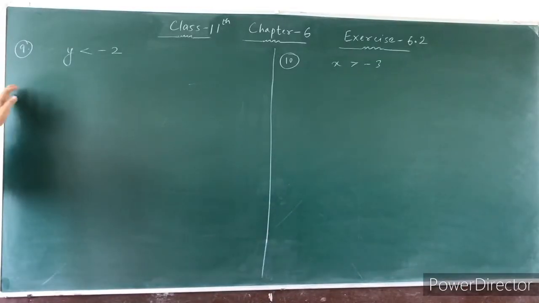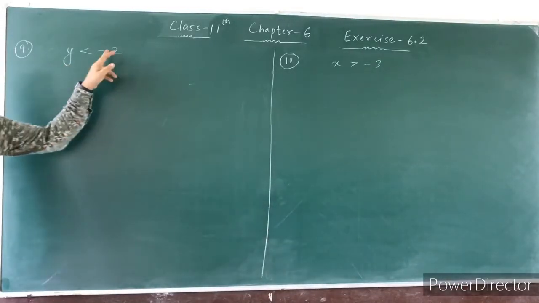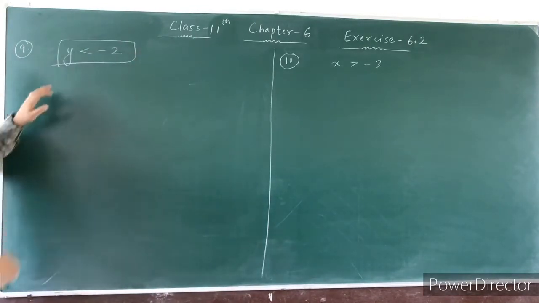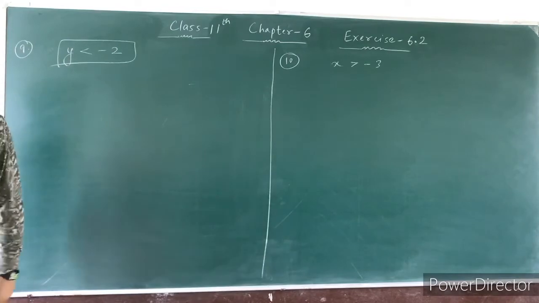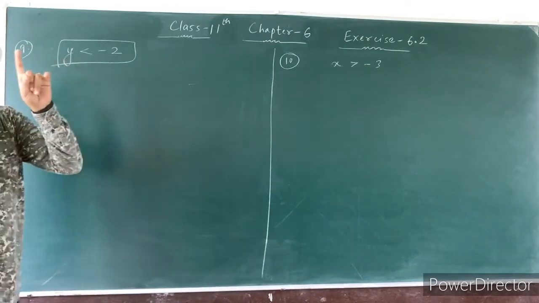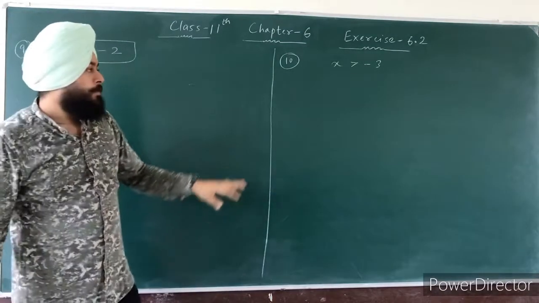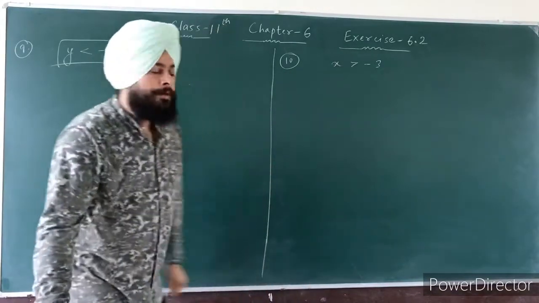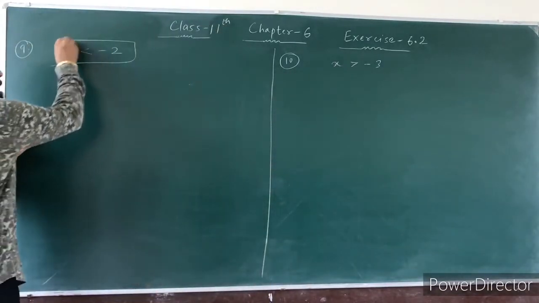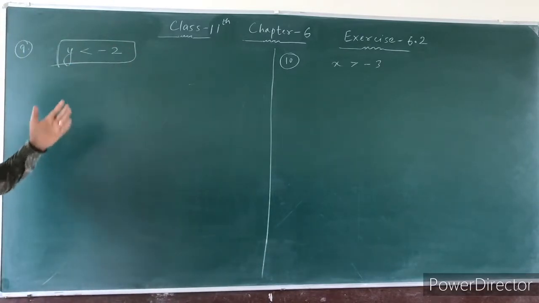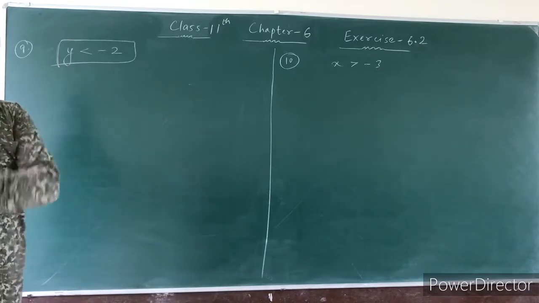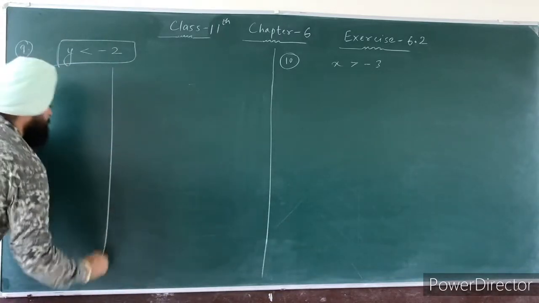The next question, number 9, y less than minus 2. So this linear inequality is in only one variable. सिर्फ इसमें which only एक variable है, that is y. And in the 10th question, there is only one variable, x. Okay, so कोई भी value find नहीं करोगे क्योंकि तुम्हें value पता है, y की value कितनी आती है, minus 2. बस उसे shaded portion में draw करना है. Okay, so